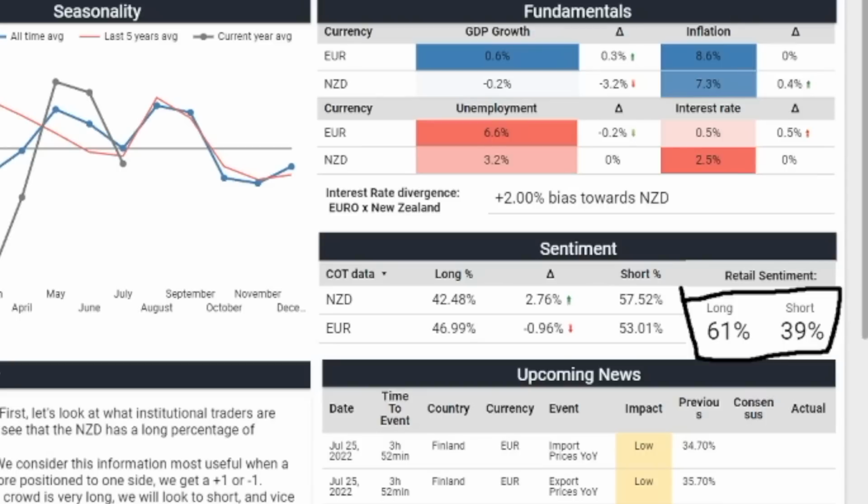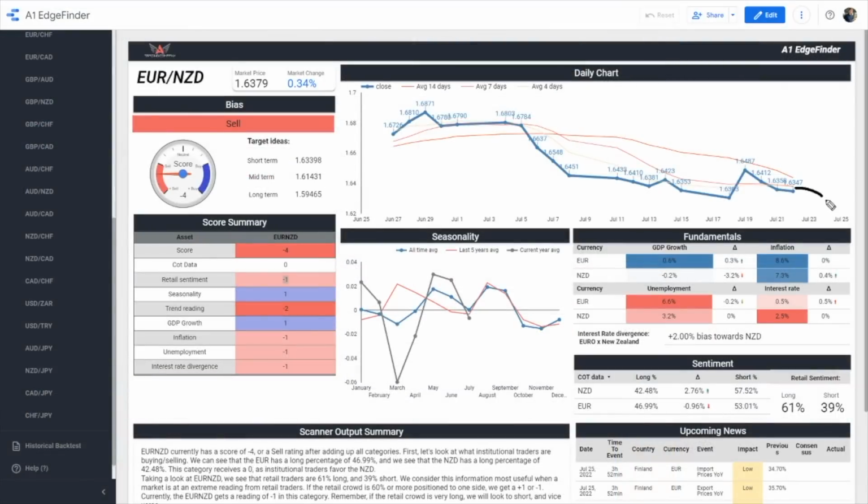They're betting that it's going up. So if the crowd, which tends to lose money, is betting that things are going to go up, to me, that's a signal to potentially go against them. As we know, again, the retail crowd tends to get stuck trying to go against the trend. So that's one thing that is in our favor here, or in the -1 category, which tells us short bias